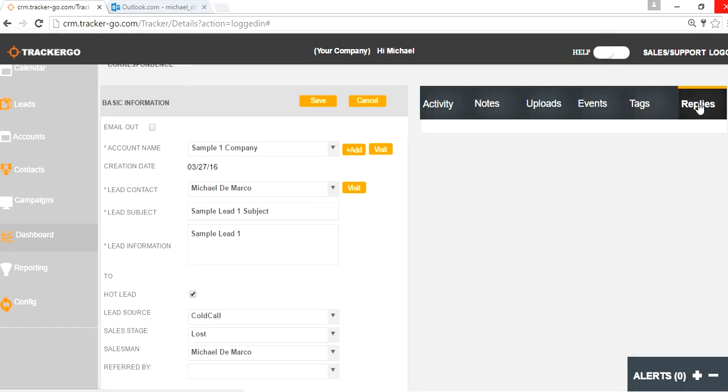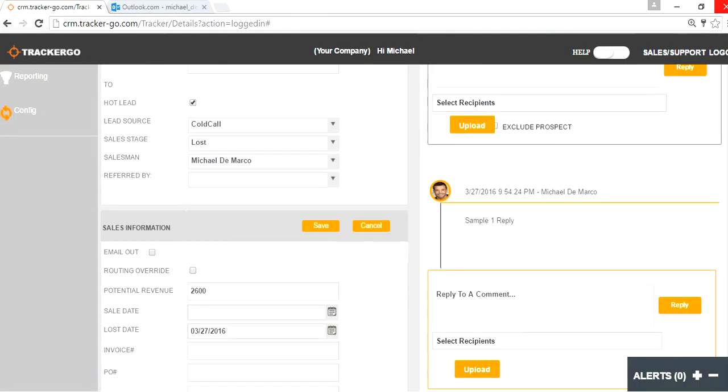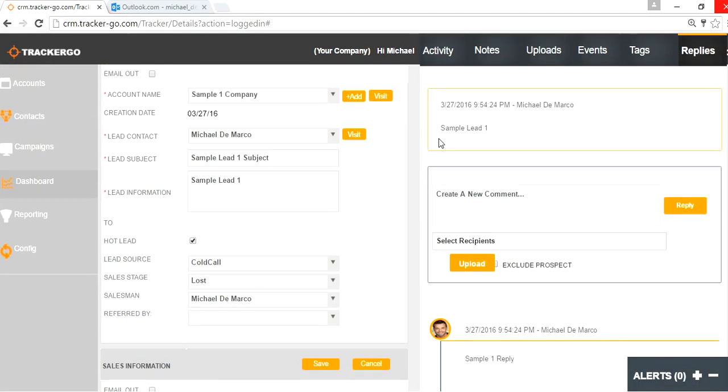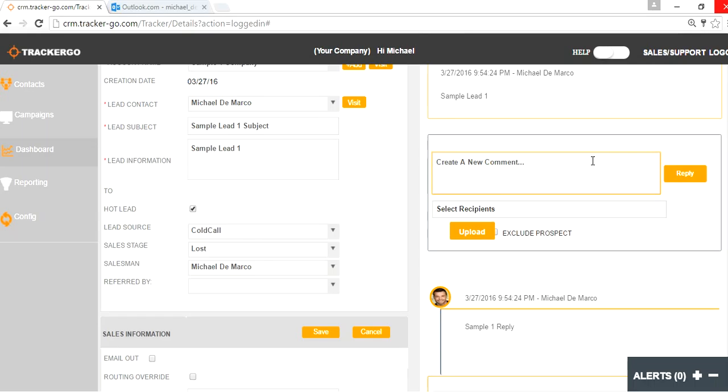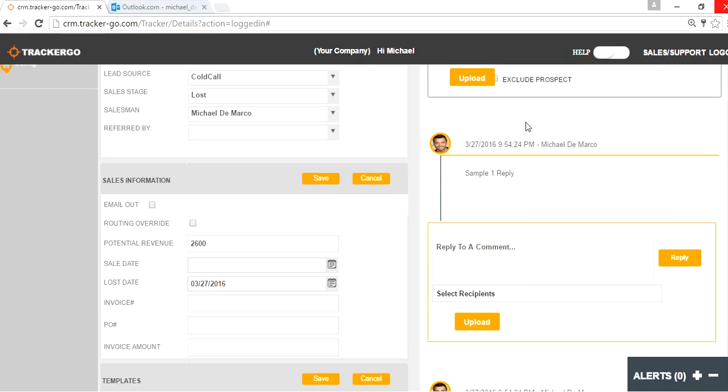And then in the replies tab, you'll see here that this is an area that talks about what the lead was. This was the introduction. And then in Tracker, you could actually create a comment here and then reply on that. And as you reply on that, you'll see that it starts to build a separate thread of conversation. And then somebody can actually reply to this here. So you can have multiple conversations in Tracker across multiple people, and it all keeps everything enforced for you, guided